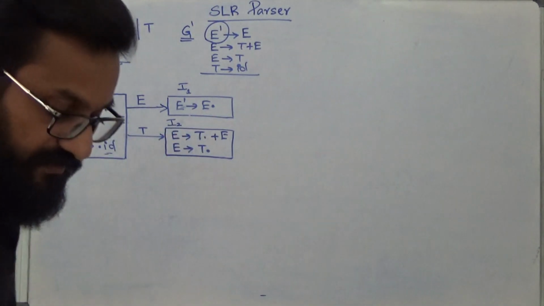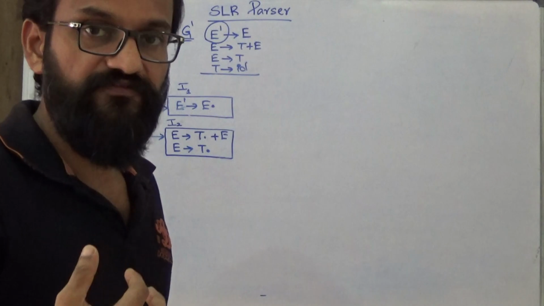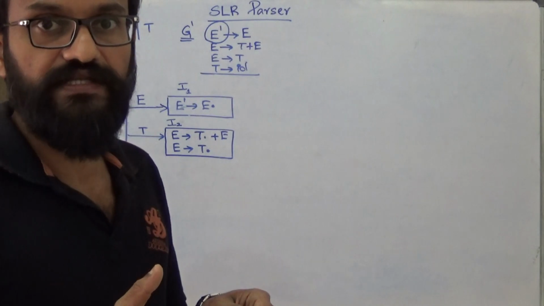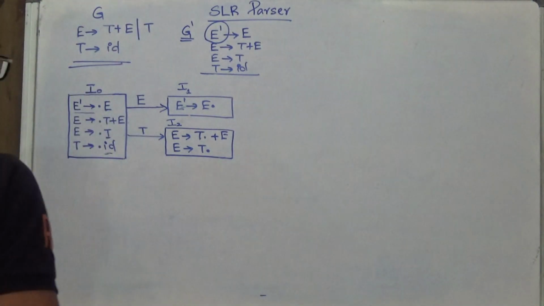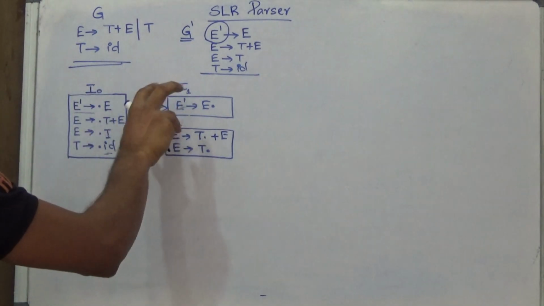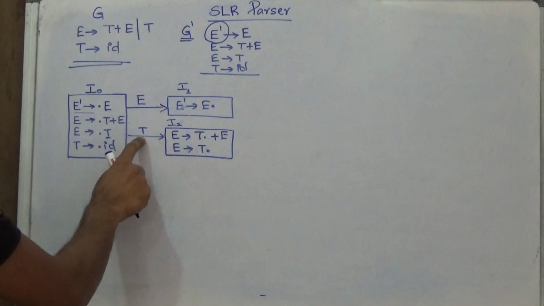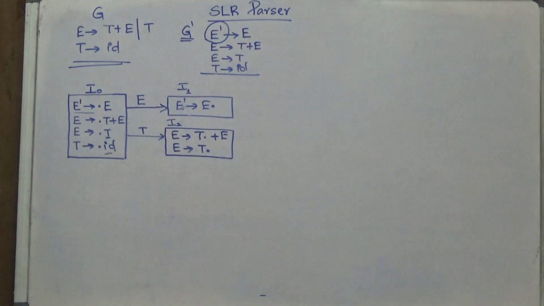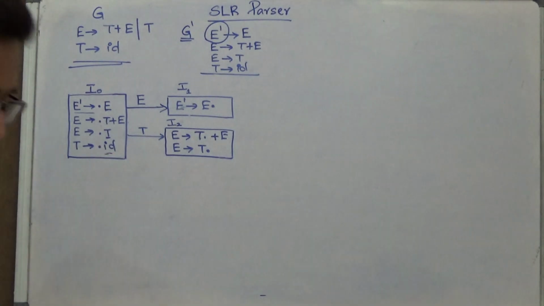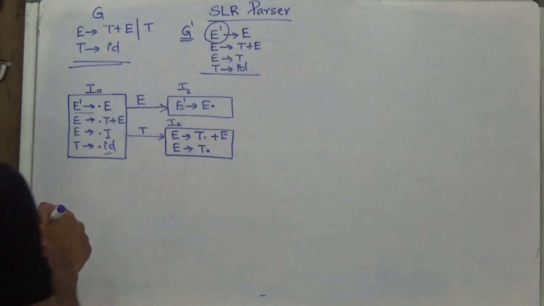So the process is: while applying a transition, you have to extract or identify the initial item set. Once after computing the initial set of items, take its closure. So these are the goto transitions from item set I0. If I apply E transition, you will go to item set I1. That is the goto function. From item set I0, if I apply T, you will go to I2. Now you can determine one more transition for the grammar symbol, that is ID.